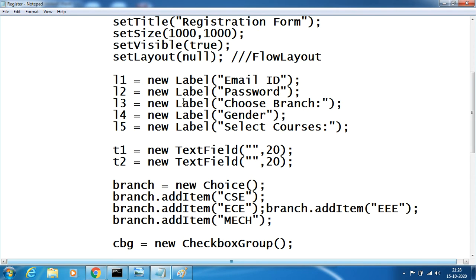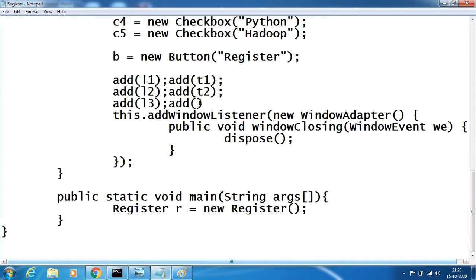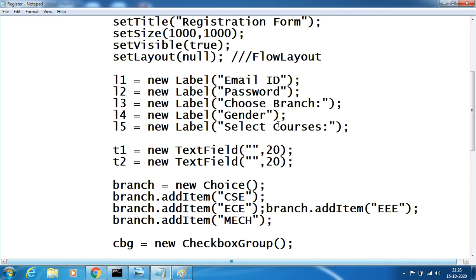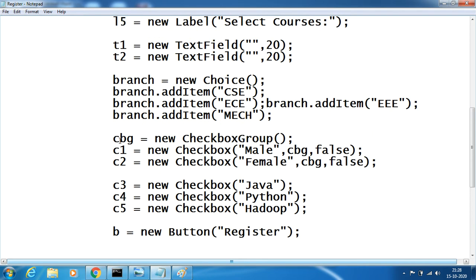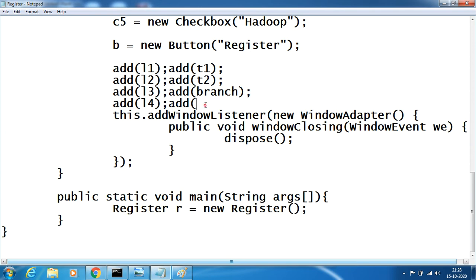So L3 is what? Branch. So branch is inside the branch component, so add of branch. So add of L4. What is L4? Gender. So gender is in which group? C1 and C2. So now add of C1, add of C2.